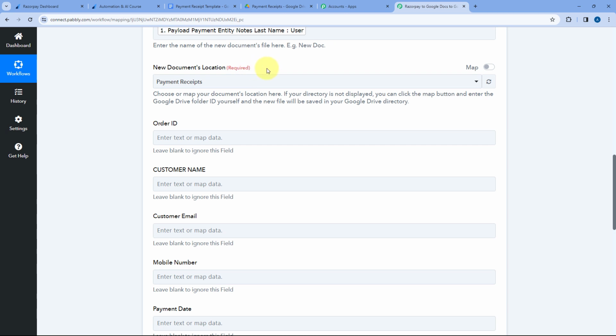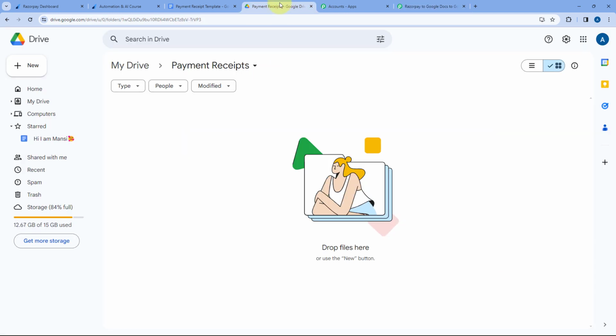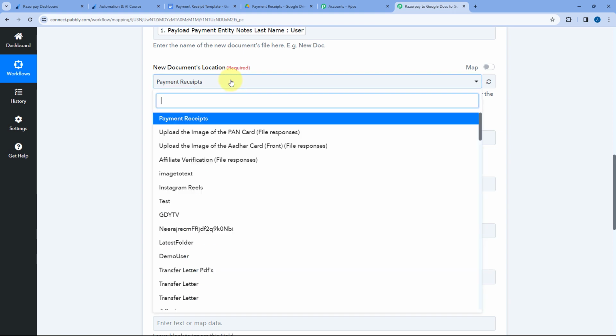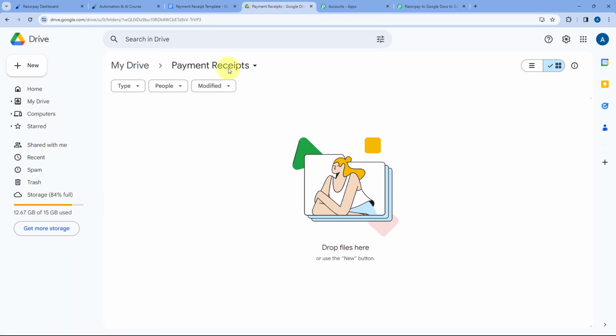So using this action step, the new documents which we are generating, as I told you, those documents will be stored in our Google Drive, in the Google Drive of the same account. But in Google Drive as well, in which particular folder we want to save these documents, we have to select that folder over here in this new documents location. So I have created a folder named payment receipt. And I want that all the new receipts which I am generating using this automation should be stored in this